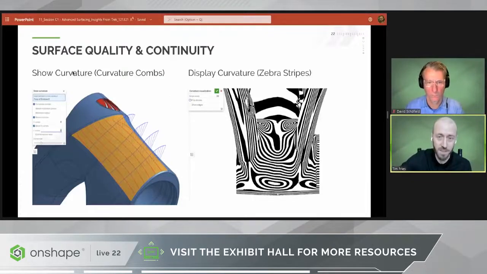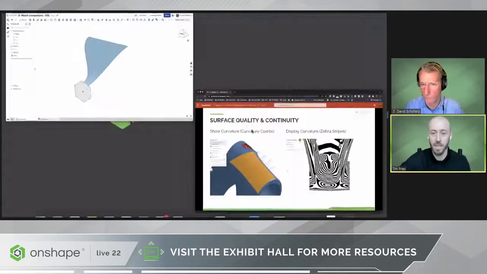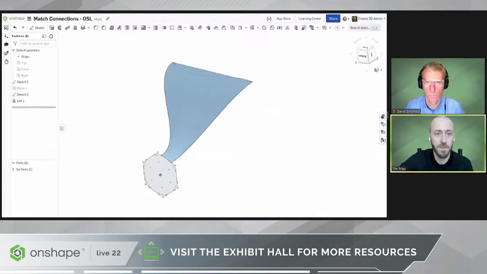So there are a couple of additions inside of Onshape that have been made. One is the Curvature Combs, which you can turn on and show your curvature combs. The other one has been around for a while, but we just added to it with some more ability. Right. So if I jump over to,